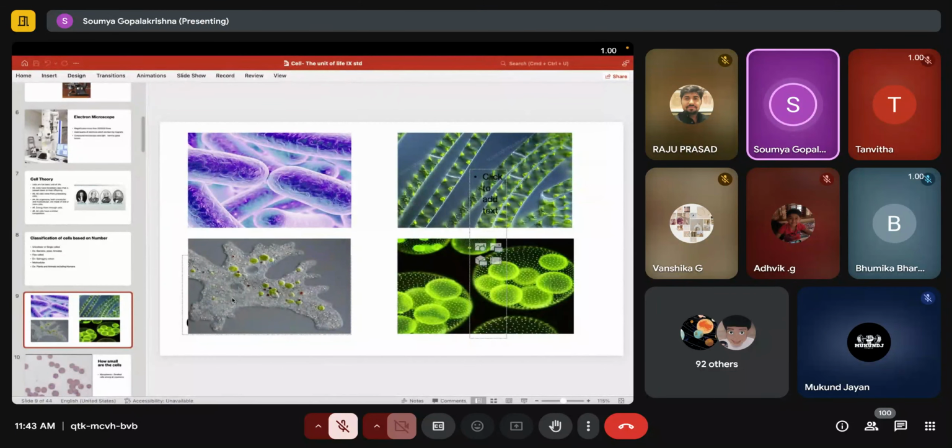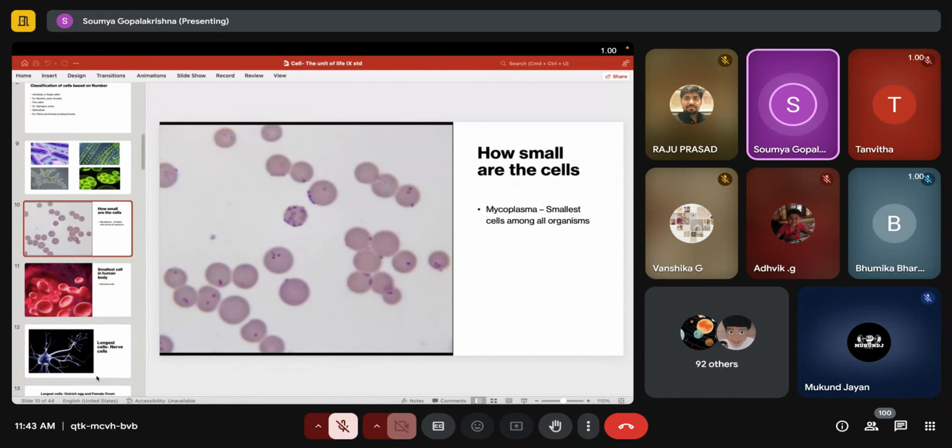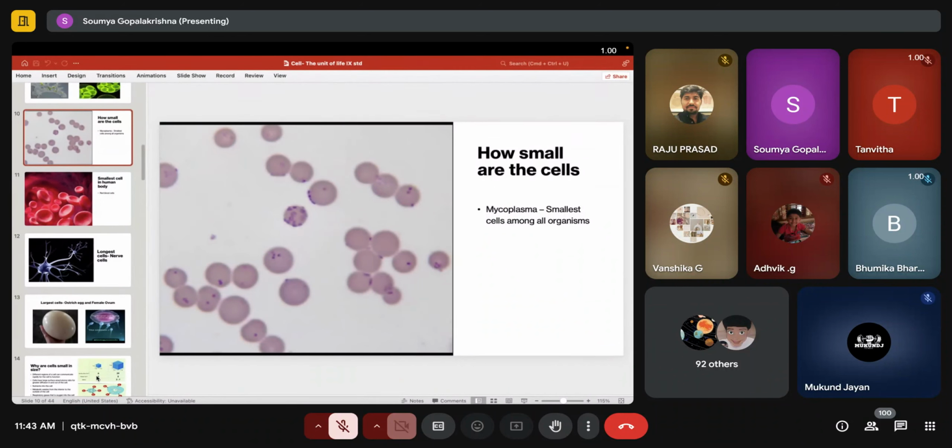This is a unicellular organism again. Now this is Spirogyra. I told you it is like a filament, right? This is Spirogyra, and this is Volvox. So both these are algae. They come under few-celled organisms, and plants and animals are multicellular organisms. Is this much clear to everyone? Yes, ma'am.